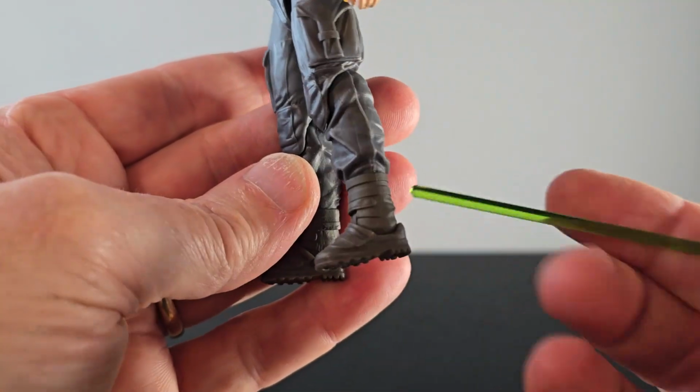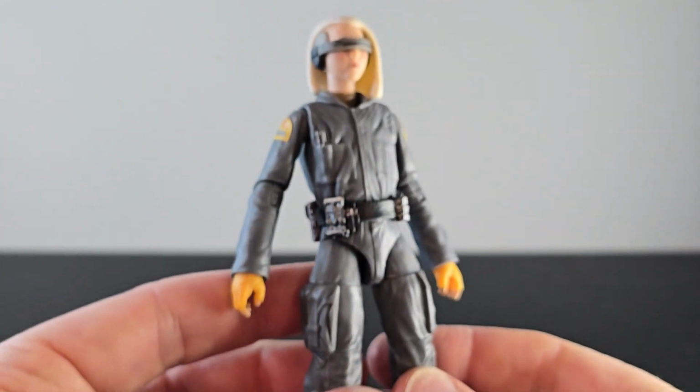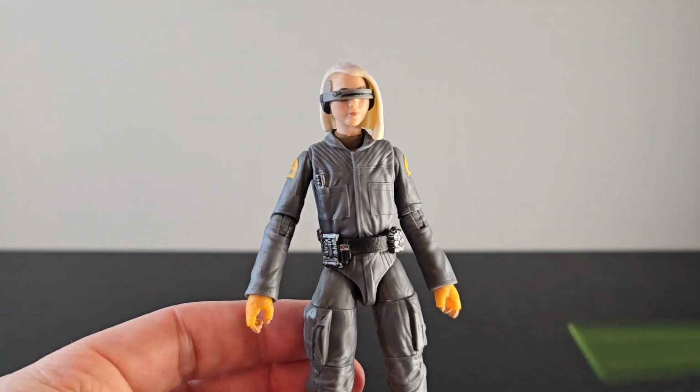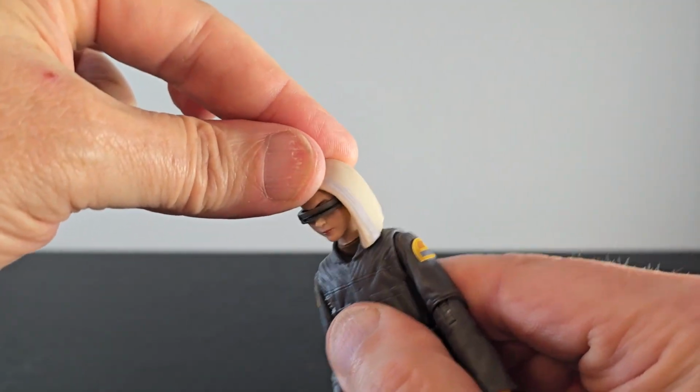And the shoes are awesome. Or boots, whatever you want to call them. I'm digging that tread. Yeah, from head to toe, it's a good-looking figure, but it ain't perfect. And for articulation on KB, you've got some side-to-side at the head, some pretty good up and down, but not